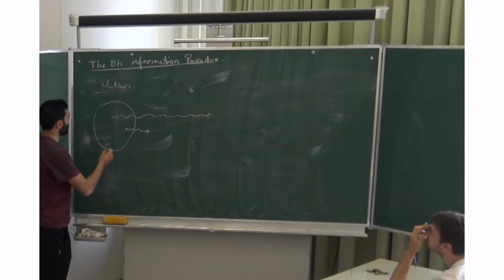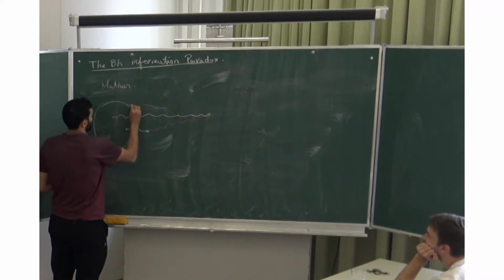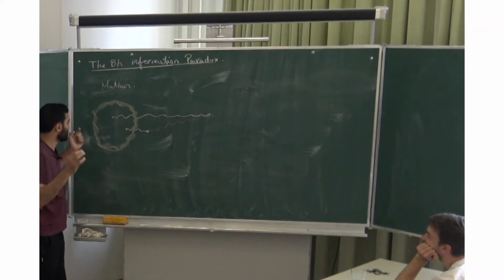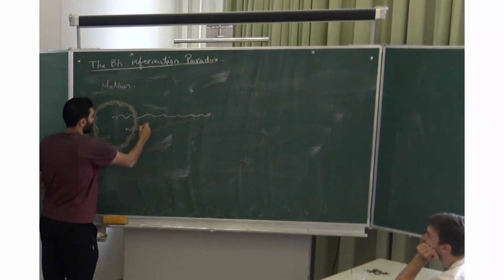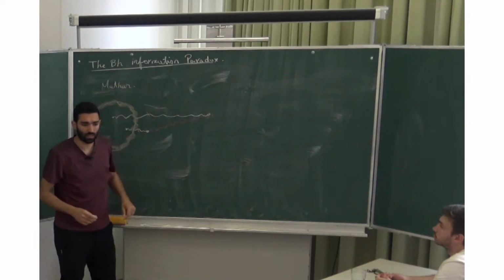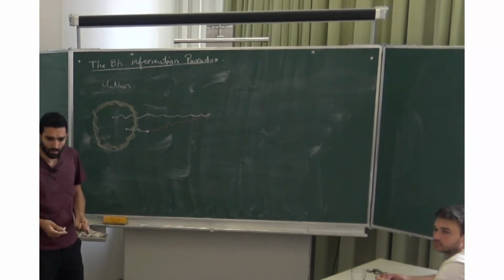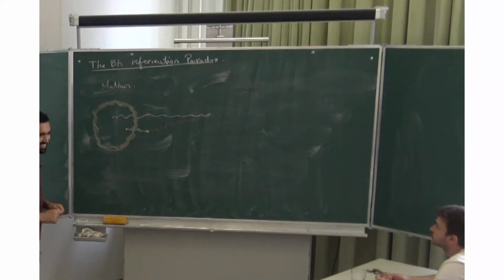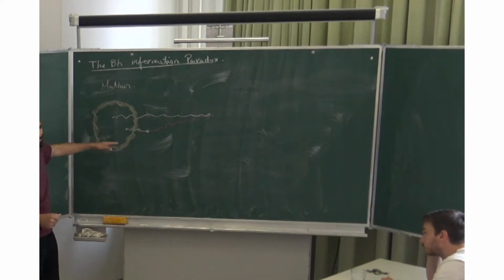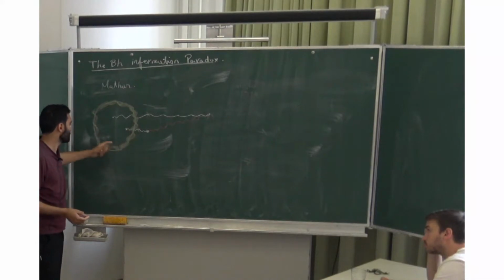Then people started to come up with ways. For example, people introduced the so-called firewall, an extremely high energy surface at the event horizon, which can supposedly break the entanglement between inside and outside modes, allowing the ones that are outside, the early and late radiation, to be entangled with each other. Epicycles of epicycles. It was very popular at some point, but then it has problems.